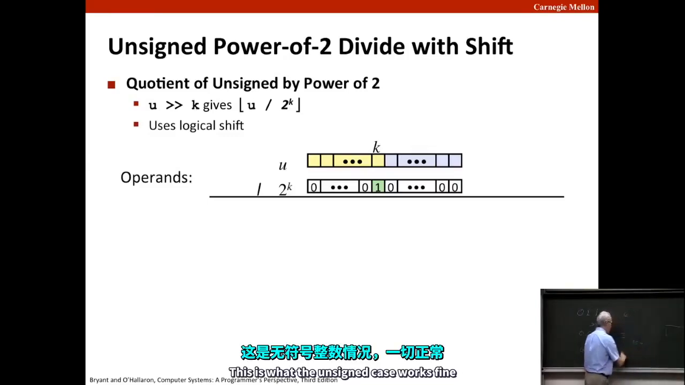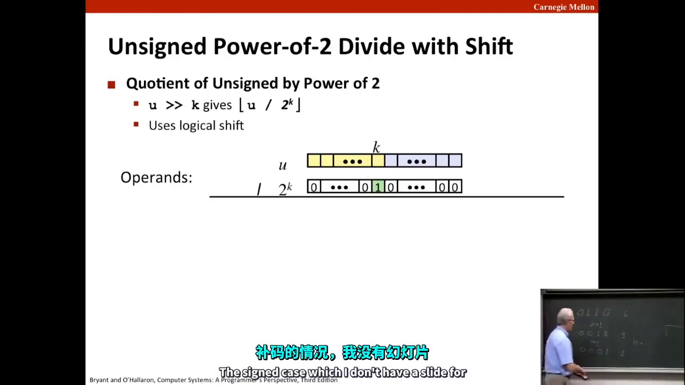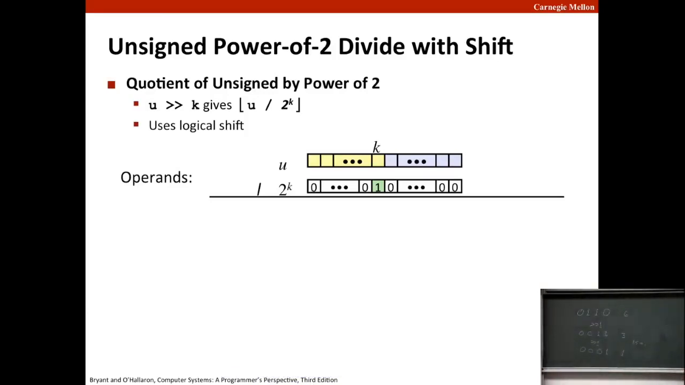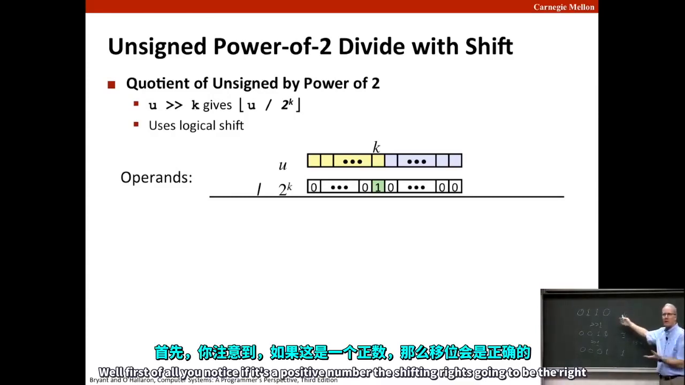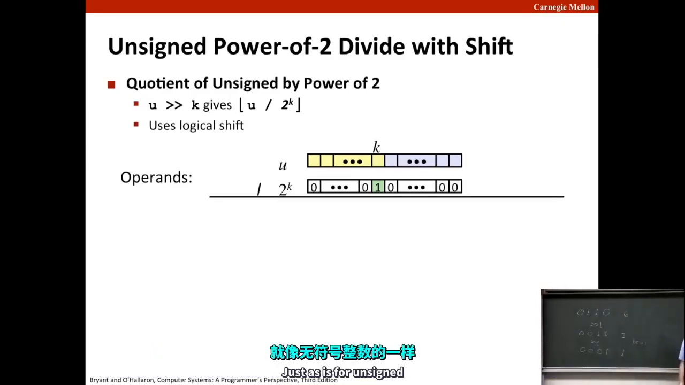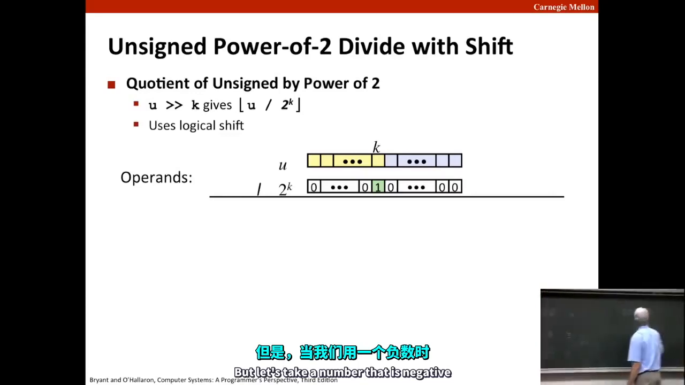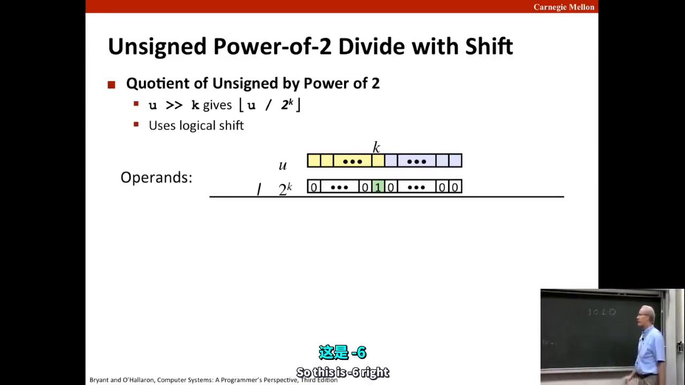So the unsigned case works fine. The signed case, which I don't have a slide for, is a little bit less pretty. Well, first of all, you notice if it's a positive number, the shifting right is going to be the right thing, just as it is for unsigned. But let's take a number that is negative. So this is minus 6,